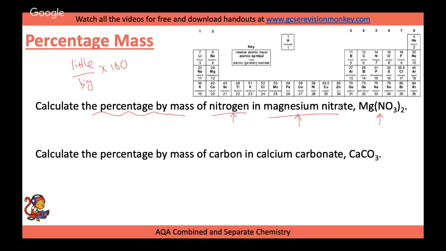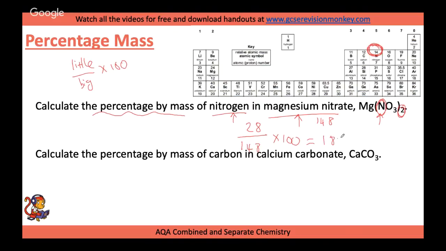So we've just worked out the mass of the whole lot as 148. So we just want the nitrogen, and because it's in brackets, we need 1 nitrogen multiplied by 2. So it would be 28, because nitrogen is 14, multiplied by 2 is 28, divided by 148, and then times by 100. So we've done the mass of nitrogen divided by the whole thing times 100,